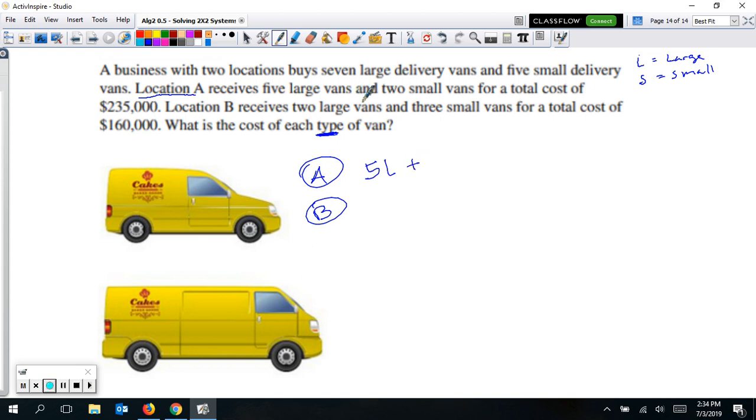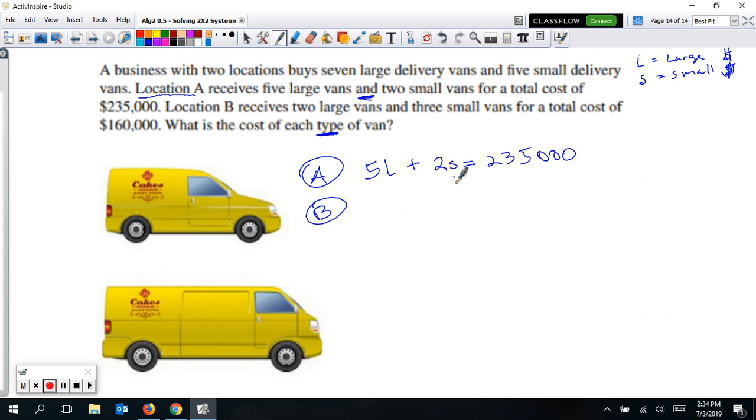And means plus. Whenever you see the "and," you're going to put a plus: 2 small vans, so 2 S's, for a total cost of $235,000. So really, what is L and S representing? It's the cost of these. Remember, these are going to be price. The cost of a large van and the cost of a small van is what the L and the S are